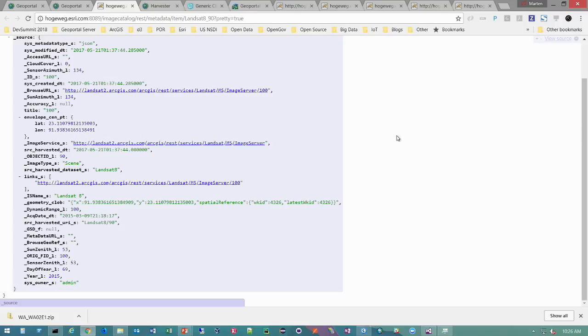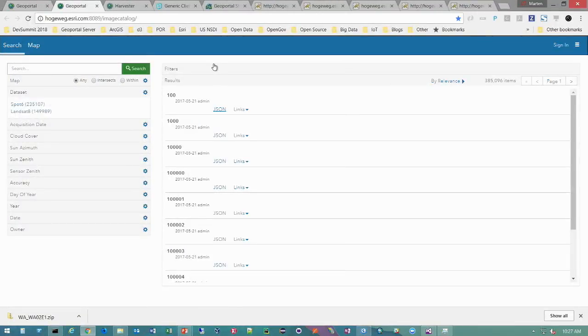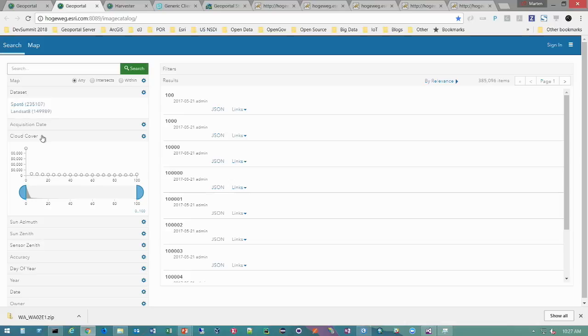And instead of originator and the resource type and keyword, I use things like azimuth and cloud cover and acquisition date and so on. So things that are different for individual scenes in the image catalog. The idea here is this is really an experiment for us to understand, can we do these custom facets? So I can do cloud cover or azimuth, and these are kind of interesting things to play with. So filter down, and